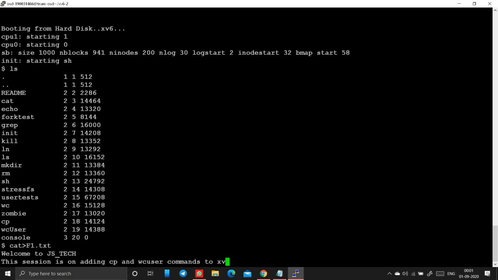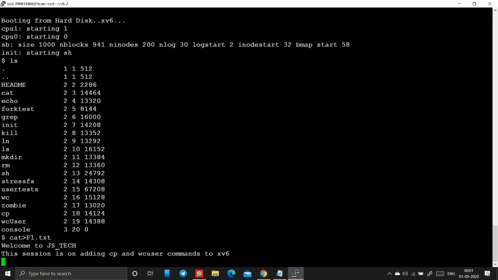Click Control D to exit from this file. See here, you can see the dollar symbol that represents we are in the correct path in the emulator.